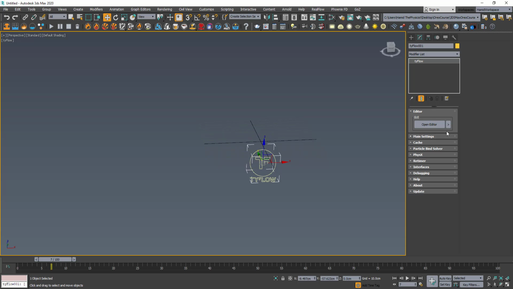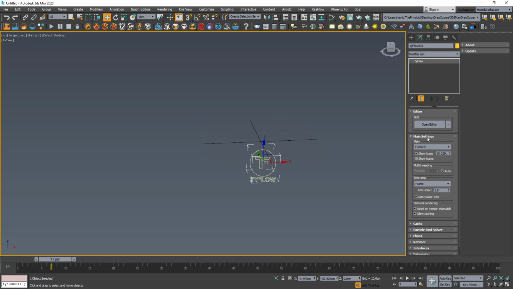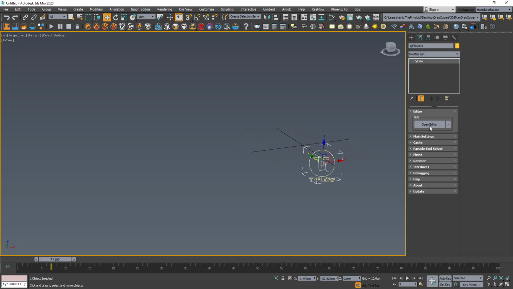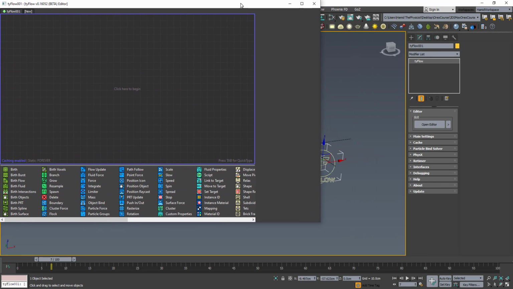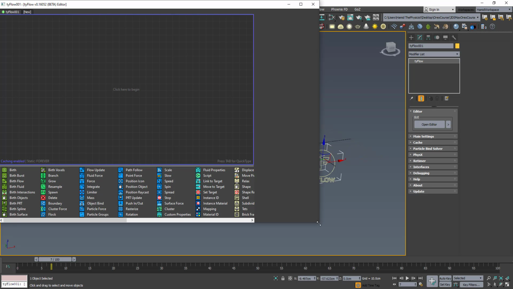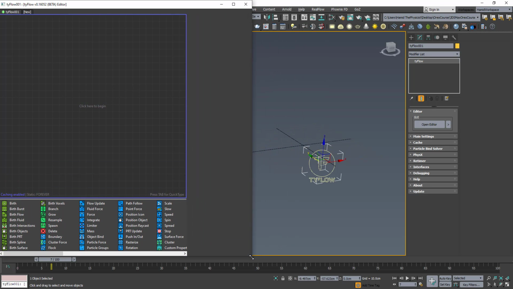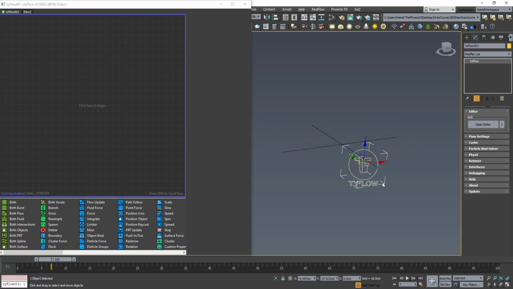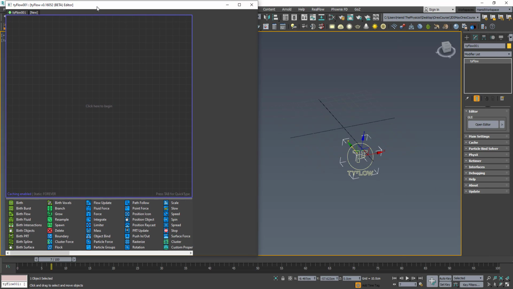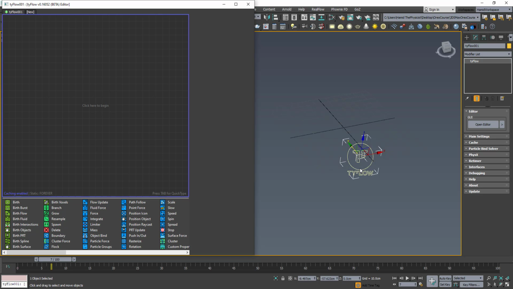You can go here to settings. You can see that we have a couple of settings here, and we will have a look at most of them later. To open the Tyflow editor, you can just click here and the Tyflow editor will appear there. So okay, let's zoom and put this one here, maybe just to have more space. So in order to start, we need to